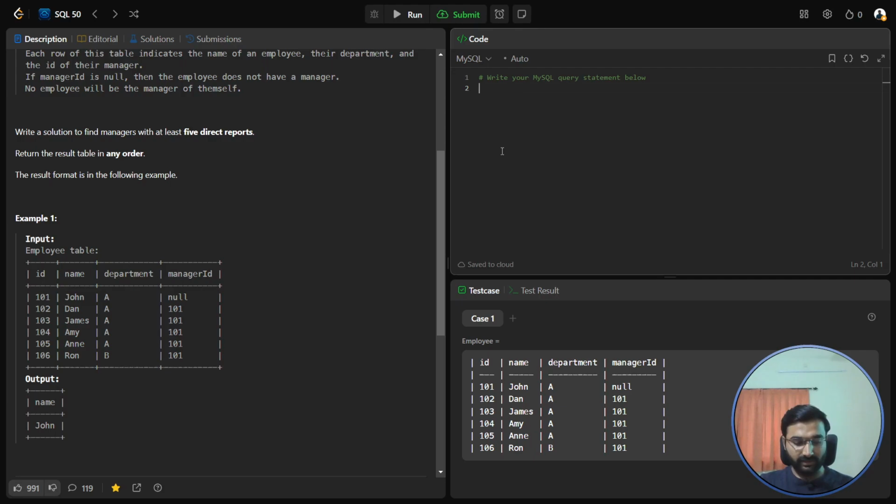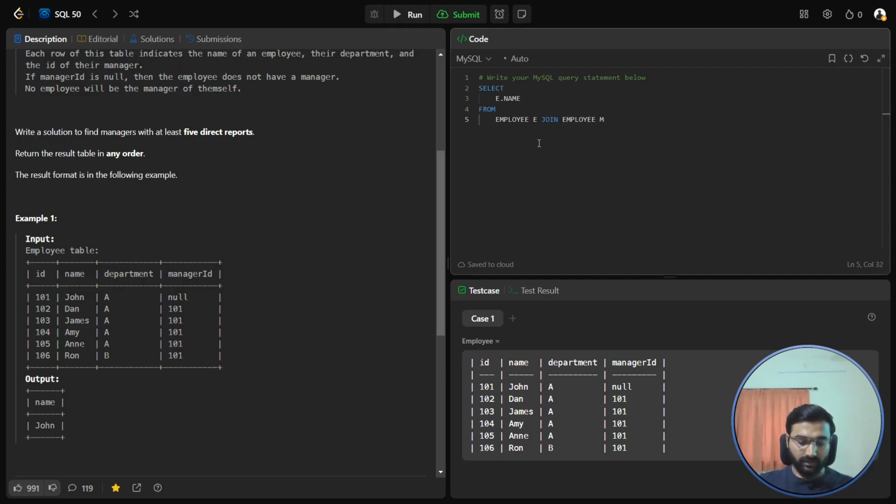Let's start writing. Select. In this I'll give two names to the current table for our convenience. So I'll say e.name, because I want only the name in the output. So e.name from Employee e, will join it with the same table